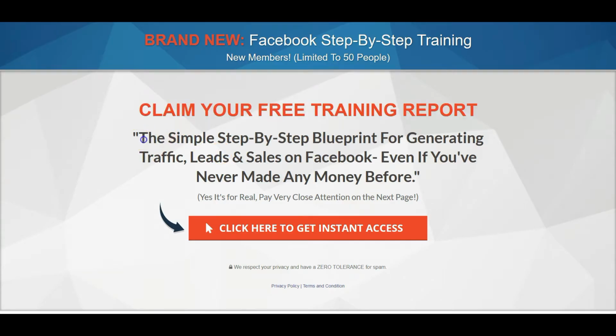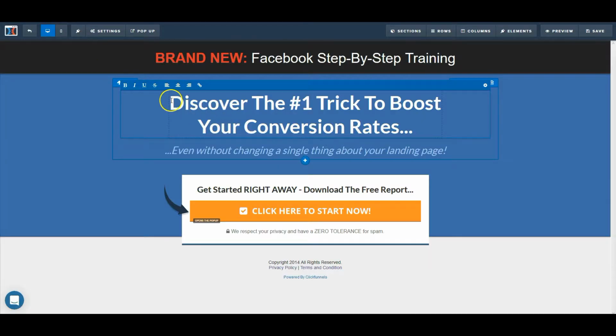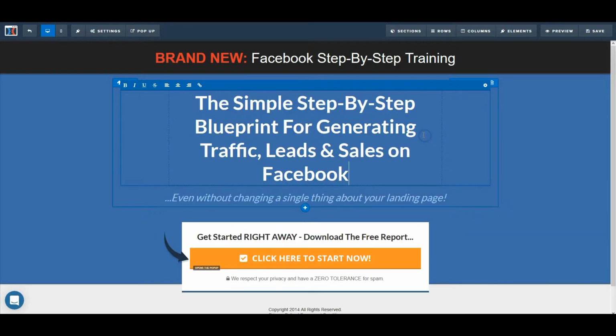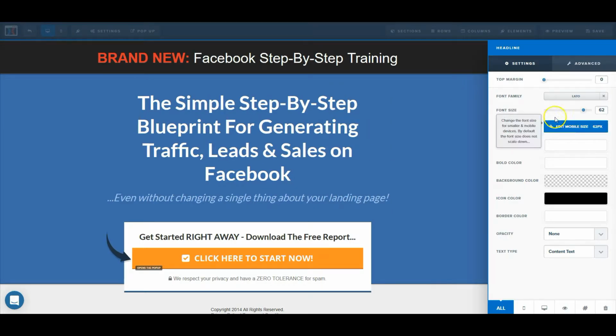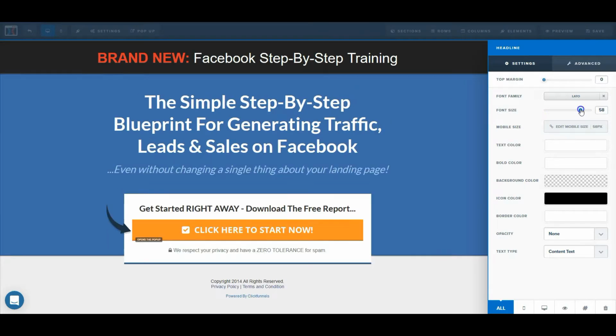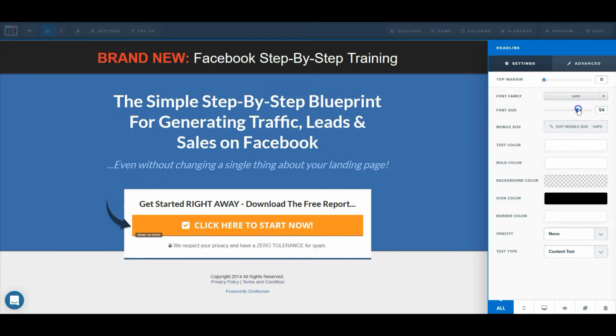Go here, and where it says the simple step-by-step blueprint for generating traffic, leads and sales on Facebook, I'm just going to copy that for the moment, and that's what I'm going to have here. So as you can see, it looks a bit ugly and it squashed itself in just a little bit. So all we'll do is click on the cog here, and we're going to change the font size. Now we can change the width and you can change the height and margin, but for now we're just going to make this a little bit smaller,